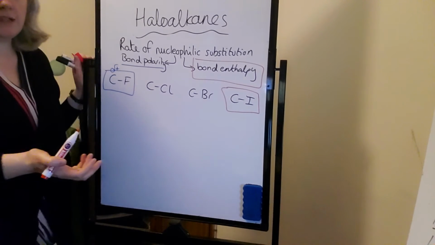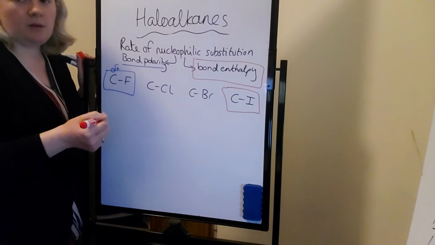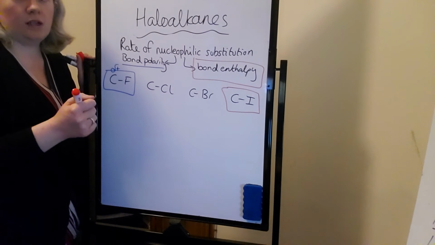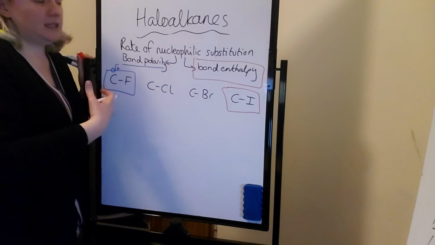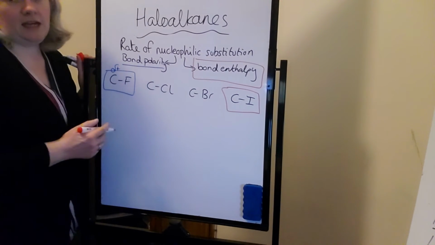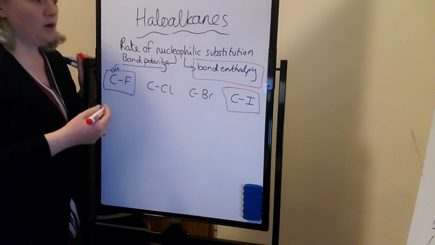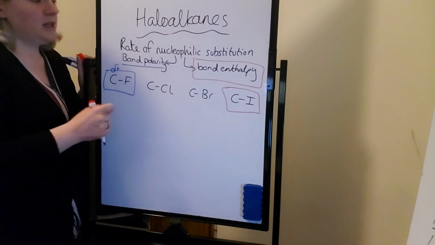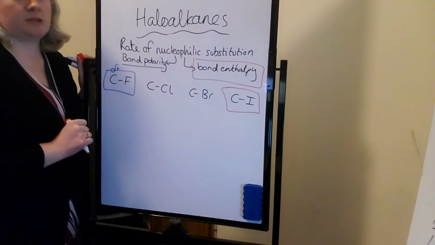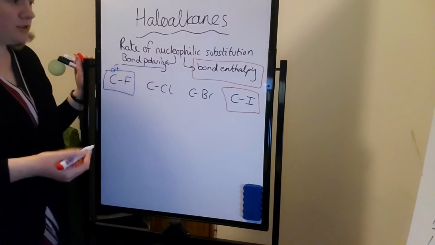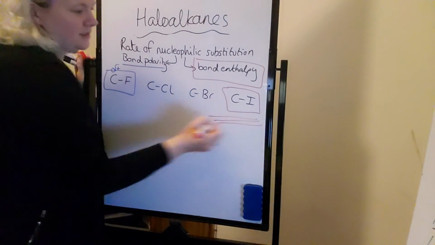Now, if we do the practical, with the OCR board practical, PAG 7.1 part 2, you can use that to simply identify the halogens in an unknown haloalkane, or if you time it, you can also use it to link to the rate of nucleophilic substitution. So if you do that reaction, you will find out that bond enthalpy is the biggest